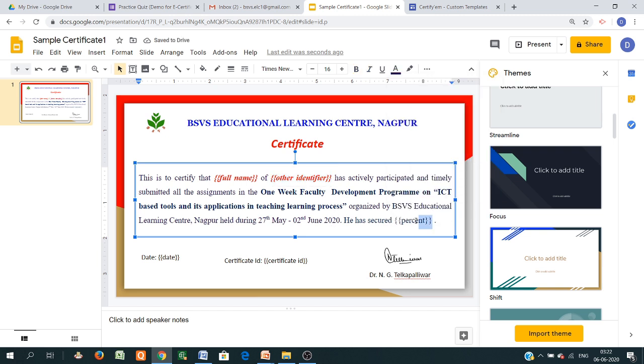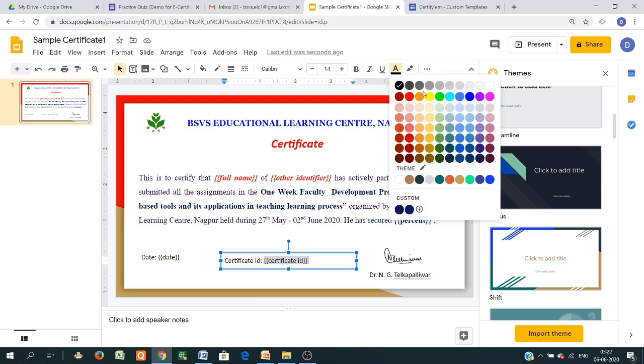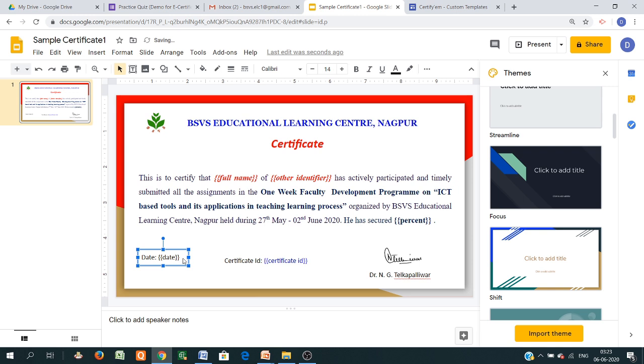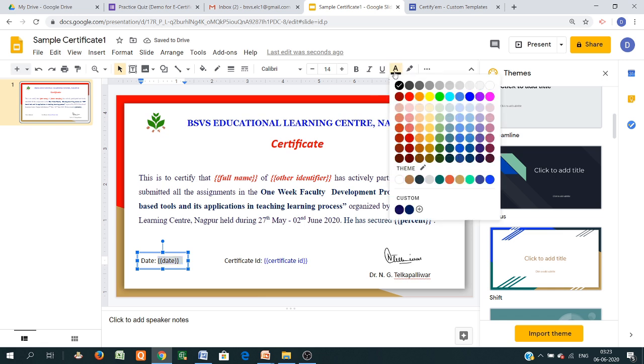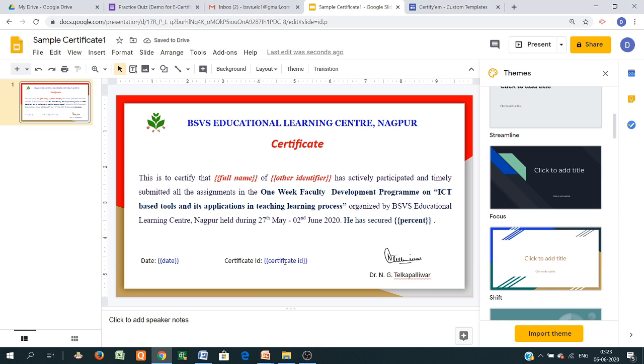For the percentage, suppose you want to highlight it, just bold it, then date and certificate ID. Just change it to any color you want. In this way you can make the changes here.